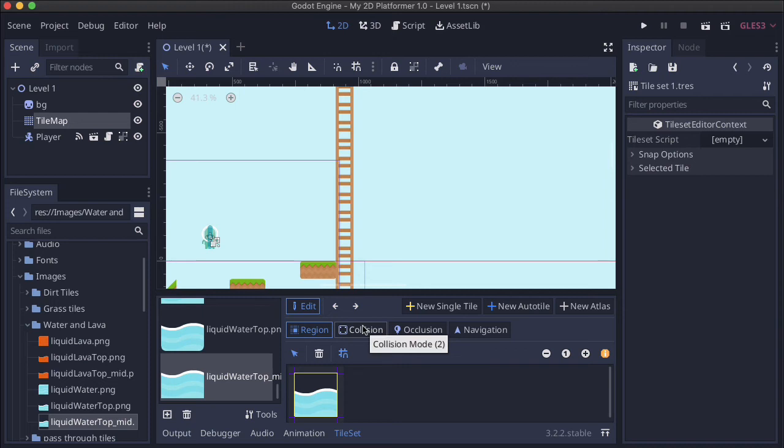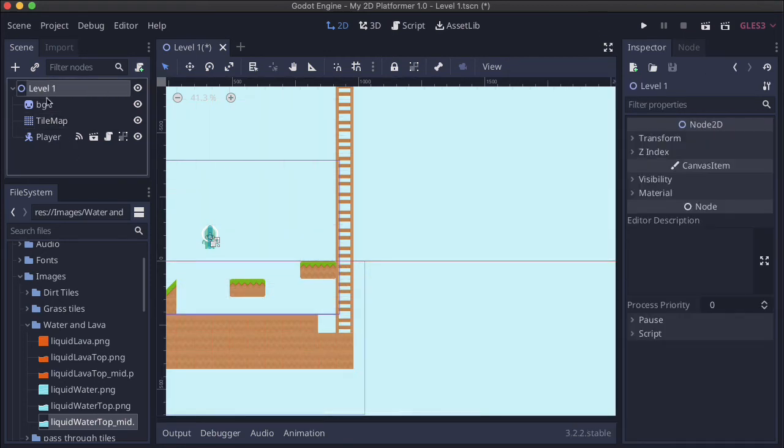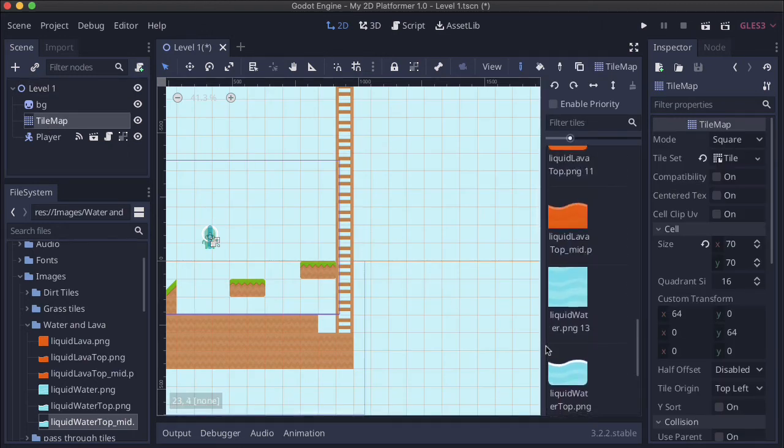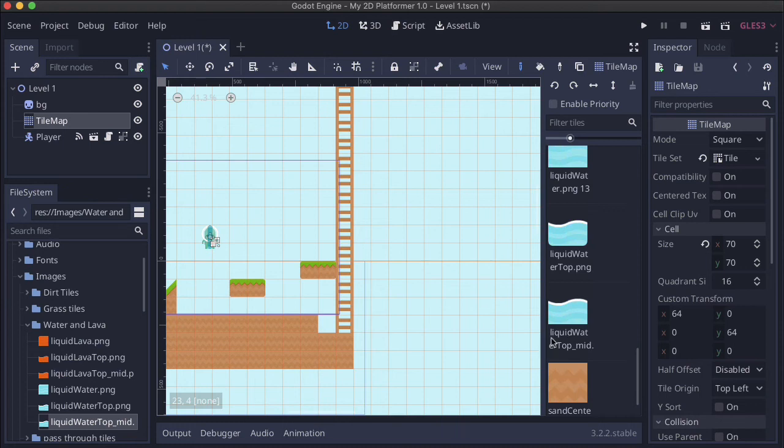Okay, so that was pretty much it, but let's just draw some on just so I can show you how this works. So we're finished here, we can come back over to our level and we can start drawing them on. So if we look, they're all there, they're all ready to go. So let's start with just drawing a bit of water in. We can draw the top layer of water in nice and easy, and then we can draw the base water in. And this is really good if you want to create sort of an outer bounds area, you can kind of create that. So when we press play on our scene,